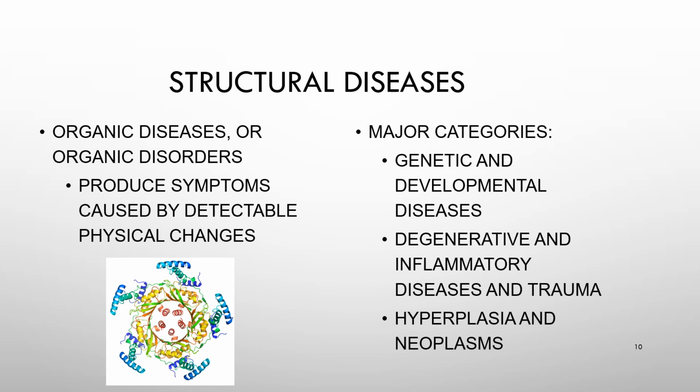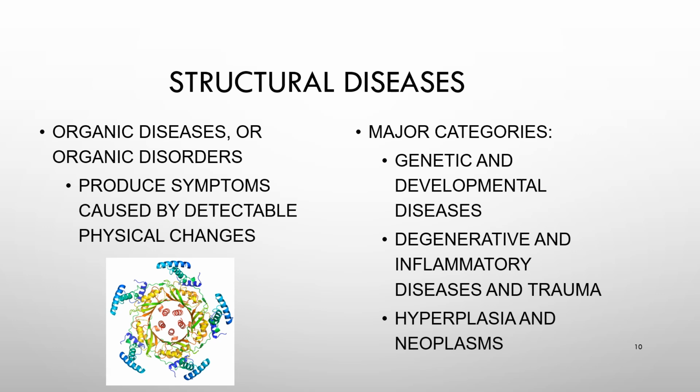From a histotechnology perspective, these are the diseases that most often land on our benches. If there's a biopsy, a resection, or a special stain involved, you're almost certainly dealing with a structural disease. On the right side of the slide, you'll see the major categories of structural disease. First, genetic and developmental diseases. These arise from inherited mutations or errors developed during development and often show characteristic